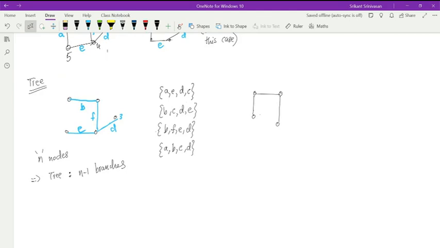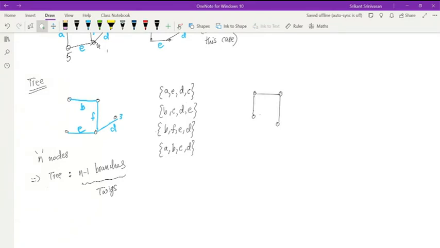Because these are branches of a tree, they have a special name. They are called twigs. You know what a twig is, right? In English, a twig is like a branch only. It's like a smaller branch, a small piece of wood. So this is all using the tree analogy. Normally you call them branches, but when you say the word twigs, then usually you refer to the branches of a tree. It has a special property.